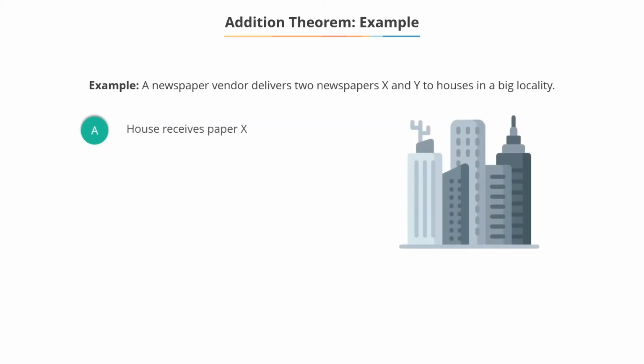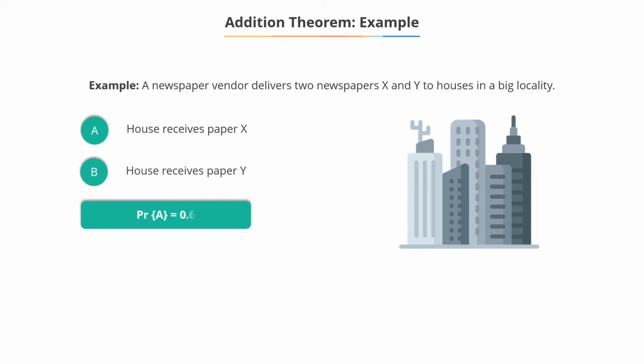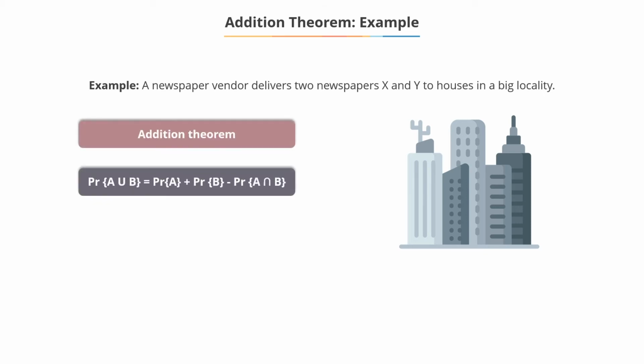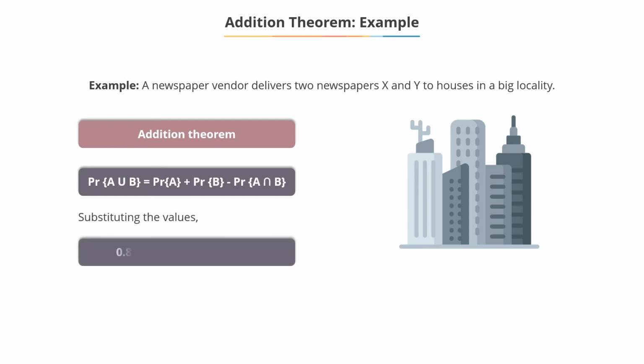Let A and B respectively denote the events that a house receives X and Y. Then probability of A is 0.6 and probability of B is 0.45 and probability of A union B is 0.8. By addition theorem, probability of A union B is equal to probability of A plus probability of B minus probability of A intersection B. Substituting the values, 0.8 is equal to 0.6 plus 0.45 minus probability of A intersection of